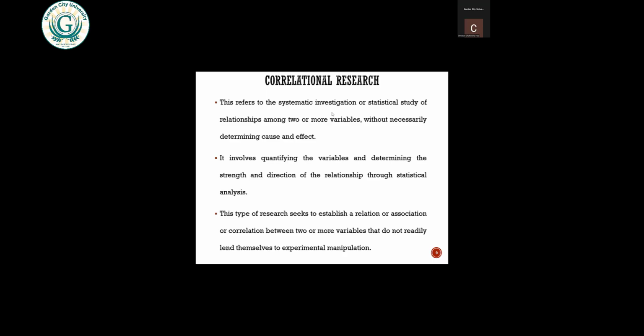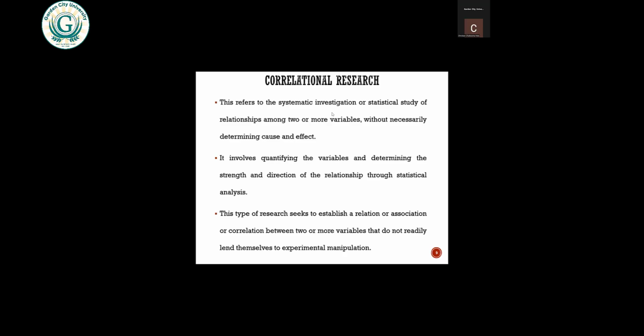If you study teenage pregnancy and the factors that are increasing teenage pregnancy, although you have looked at poor parenting, you've looked at divorce, you've looked at poor sex education, you have looked at all these factors,